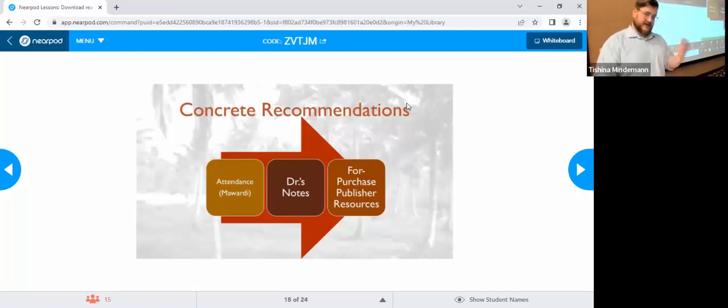Missing classes, and this is just another concrete suggestion, can be associated with requirements to do other meaningful work designed to compensate for the missing class content, right? This is something that we could absolutely work with you to develop, although I know that there are faculty already doing this. A lot of us responded with great compassion to the online situation in COVID.